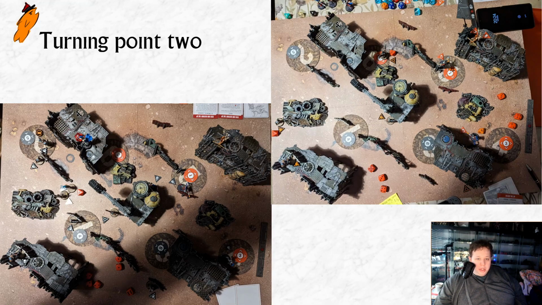Now, there was a lot that went down in turning point 2, quite frankly. A lot of things. So the first thing that happened in turning point 2 is Euclidia here. She shot again at the Harlequin up on the roof, killed the Harlequin there, and then my plan was to move around to here and capture the objective, but